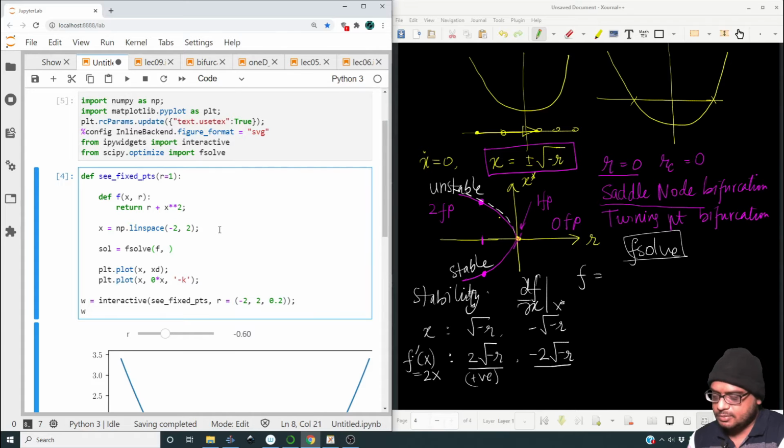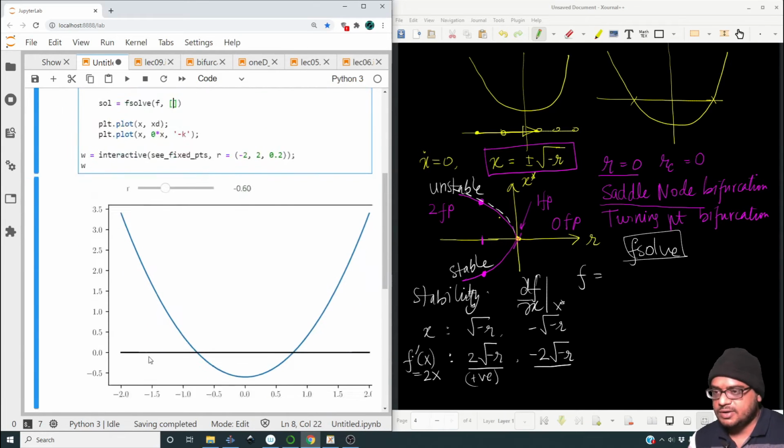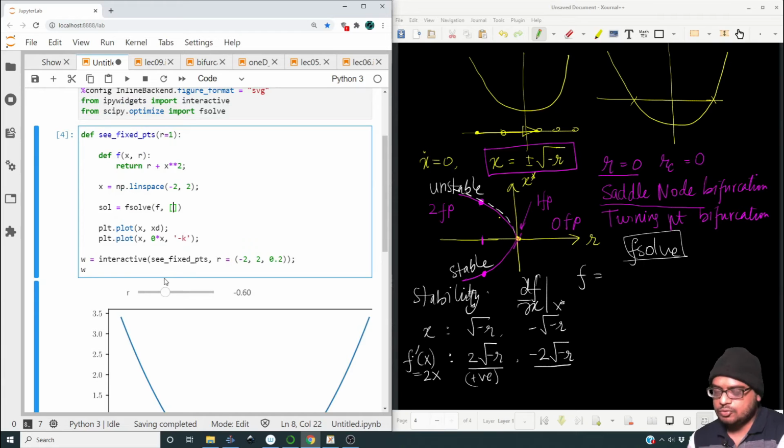So let me put two guess values, one on this side. So let one guess value be minus 2 and let one guess value be 2. The arguments to the function, so args equal to r, and let us pass the full output to